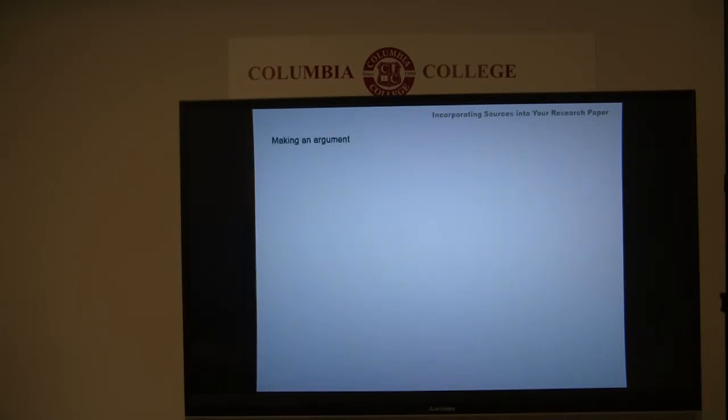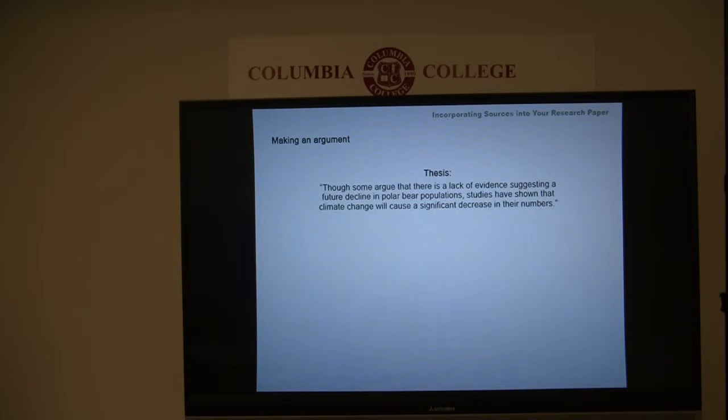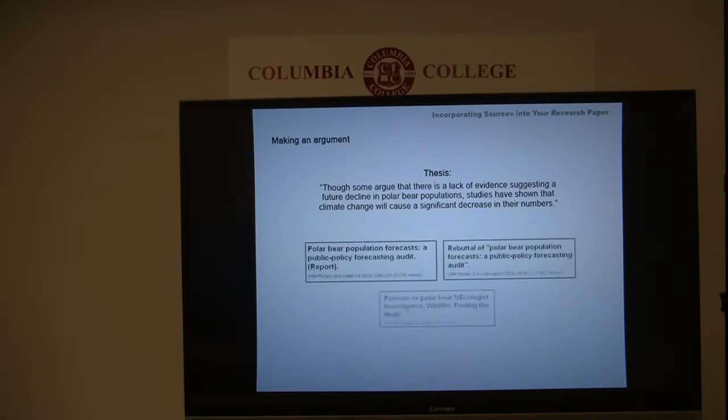You can think of writing a research paper as presenting an argument or a point of view. Every scholarly research paper contains a thesis. The thesis is the central argument of your paper. All of the sources included in your paper must relate back to your thesis in some way. It's your job to use these sources to support your central thesis. It's often good to include sources that agree with your central thesis as well as those that don't agree with your central thesis. Examining and addressing multiple sides of the argument often makes your own argument stronger.